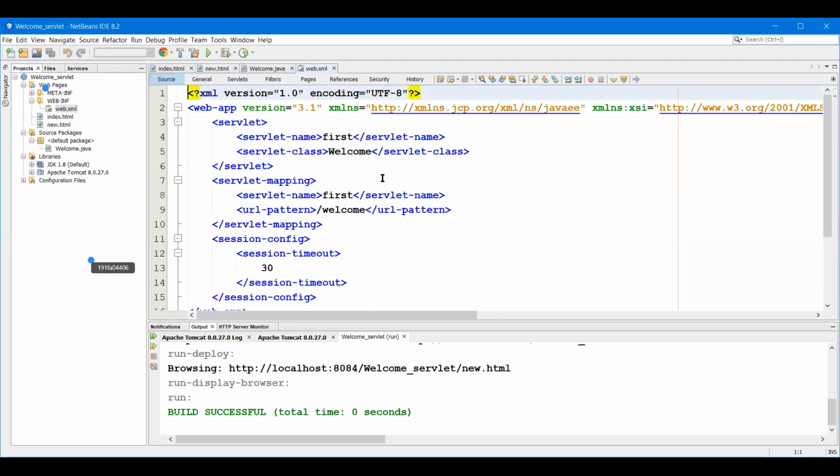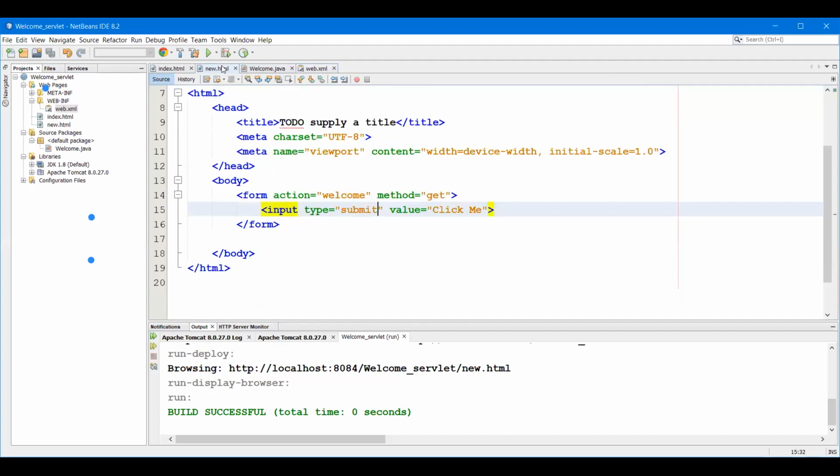Web.xml, see, this file will be automatically created when you are creating a Java file. Okay, so how it is going to work is, if you go to this HTML file, first of all, what is the action? In the action, we are writing welcome.